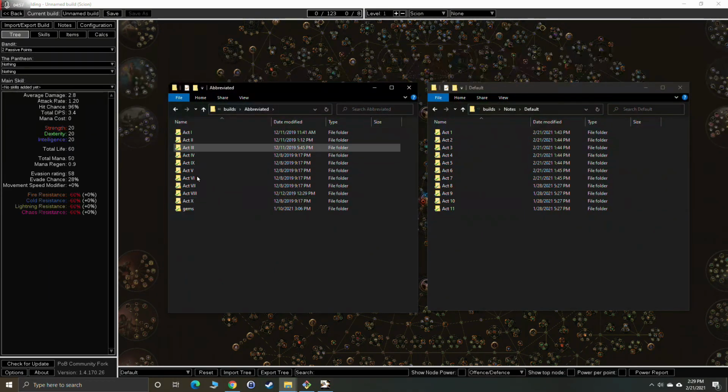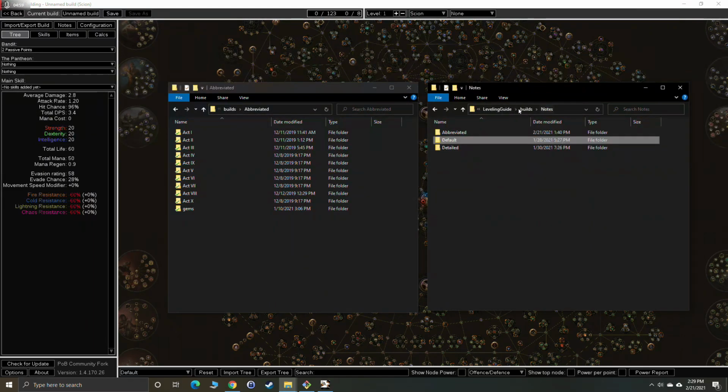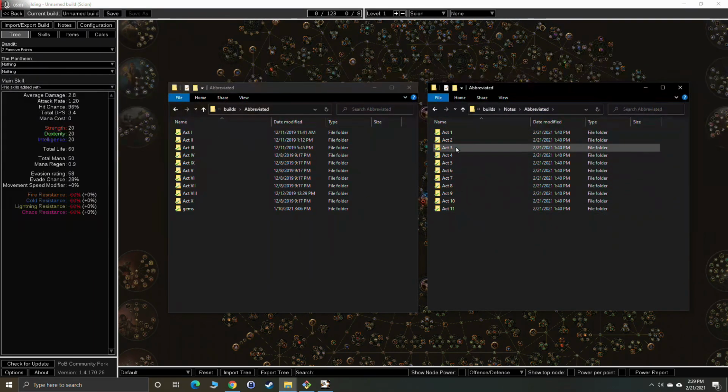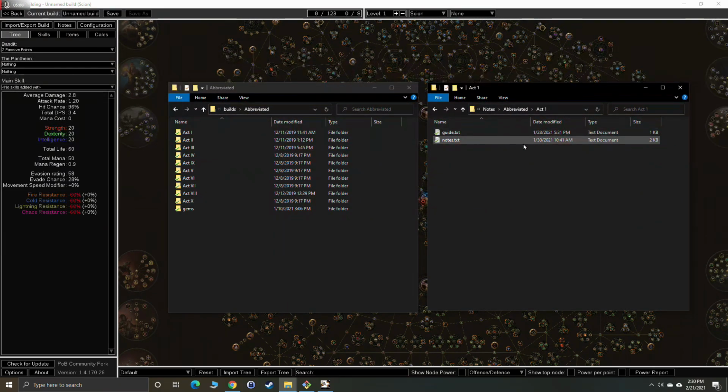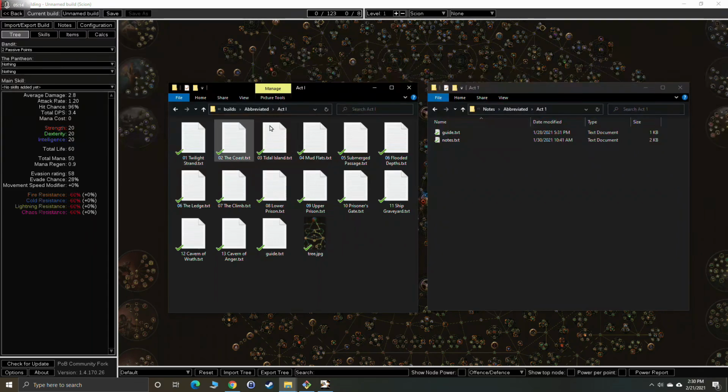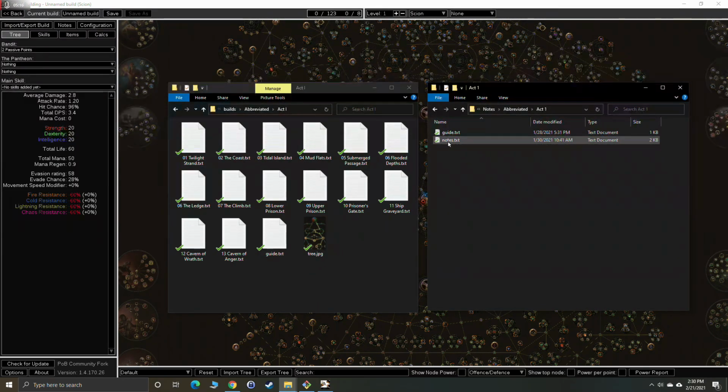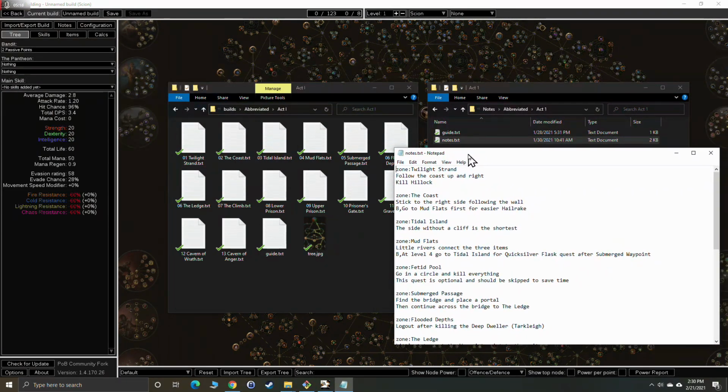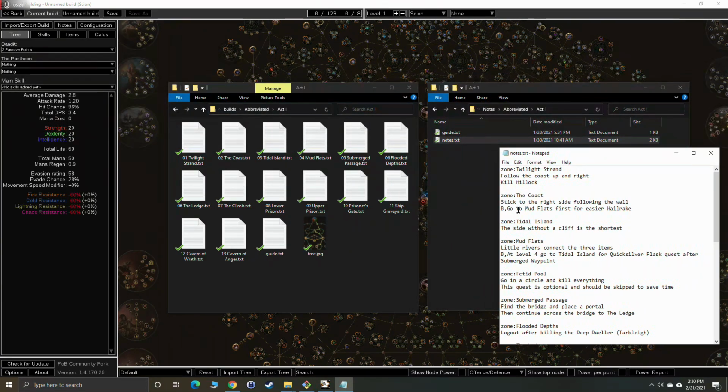Here we've got our old abbreviated notes, and we're going to go look at the new ones. I've already copied in the new acts, so that's good, and they've already got the old guide and old notes. The guides are actually the same for abbreviated and default, so we won't have to change them. It's just the notes we're going to have to update. So we're going to open our notes over here. Make that a little